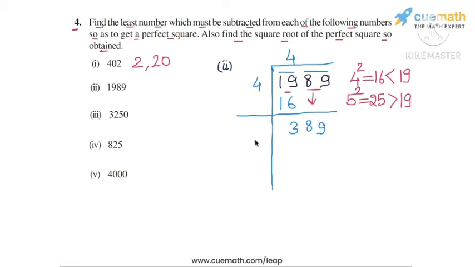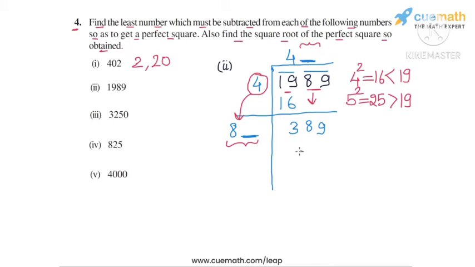Now to calculate the divisor for the second step, we take the divisor in the first step, 4, and double it. That gives us 8, and now we have to find the largest possible digit that will go here to the right of 8, and that will go here as the second digit in the quotient, such that the product of this number and this digit is less than or equal to